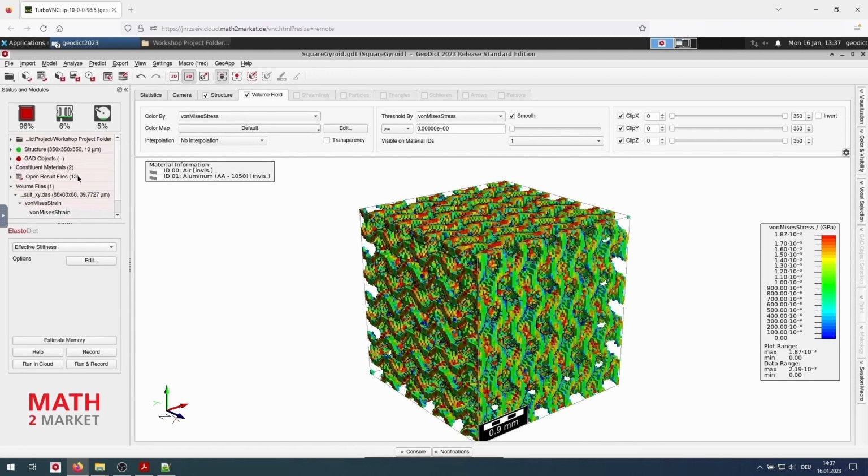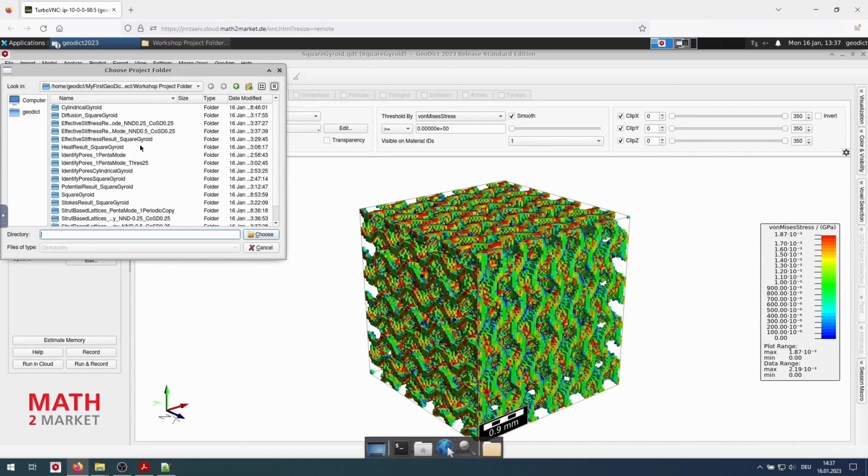Now, the first thing this study should do is make a project folder. For that, we right-click on this project folder and we say select project folder. And we can say new folder and we can name it parameter study.